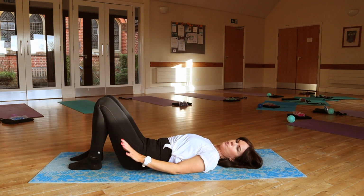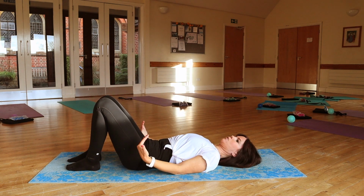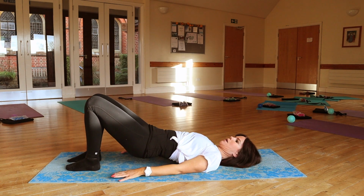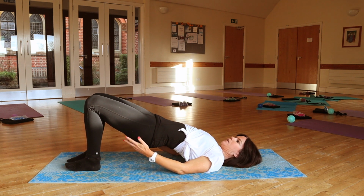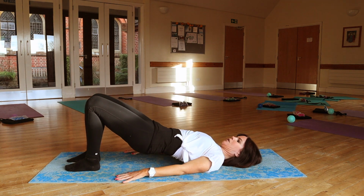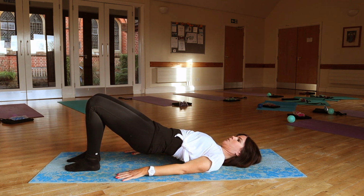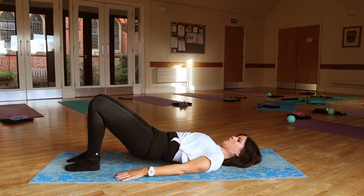So we're going to lift the bottom up and down just for some glute bridges. We're going to go for 10. So peel the pelvis back, peel the spine off the mat, really squeeze the glutes, so really squeeze the bottom and peel back down. And lift. There's 2, really squeezing the bottom the whole time. 3, 4,